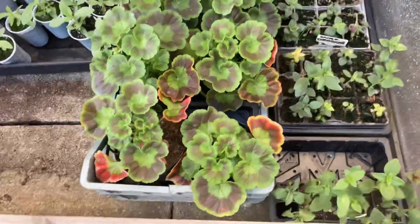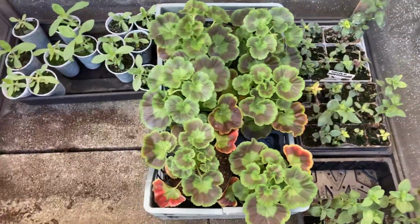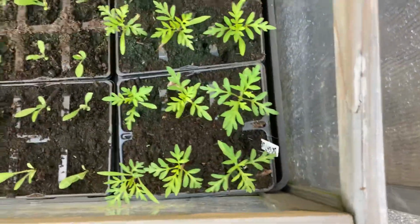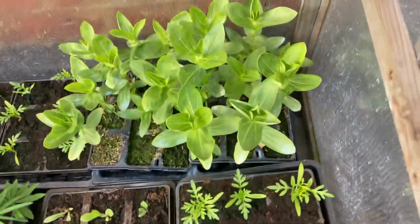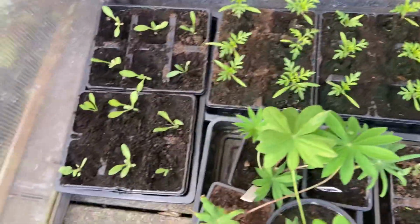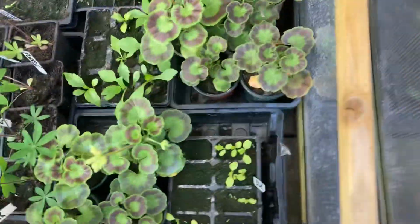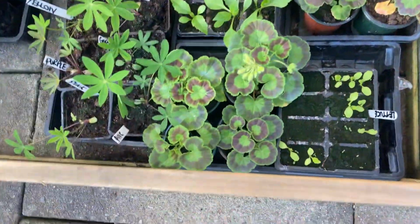If we look into the coral frames, here we go, loads and loads of geraniums. Those there are zinnias, cosmos, more lupins for the wife. Those are more zinnias, they're tall ones, those. Cosmos, and those are small gaillardias. Moving along to this one. And we've got loads more geraniums, more